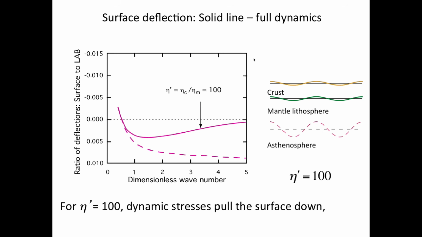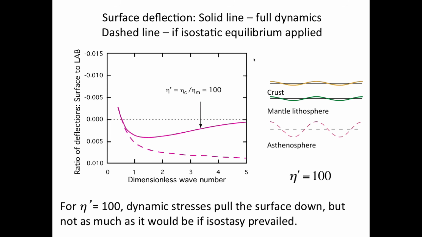Okay, let's consider this case where the crust is much more viscous than the mantle lithosphere. Very viscous crust up in here. So sinking of the lithosphere-asthenosphere boundary pulls the MOHO down, pulls the surface down. And this is how it depends on wave number. Remember, the relevant wave numbers are 1 to 3. So this is long wavelength over here, short wavelength, and we deflect the surface in a pattern that looks like that. Pull it down. Now, what's shown in the dashed line is the case that you'd get if you had isostatic equilibrium. If you took the whole column and calculated how much it would pull the surface down, it would pull it down more.